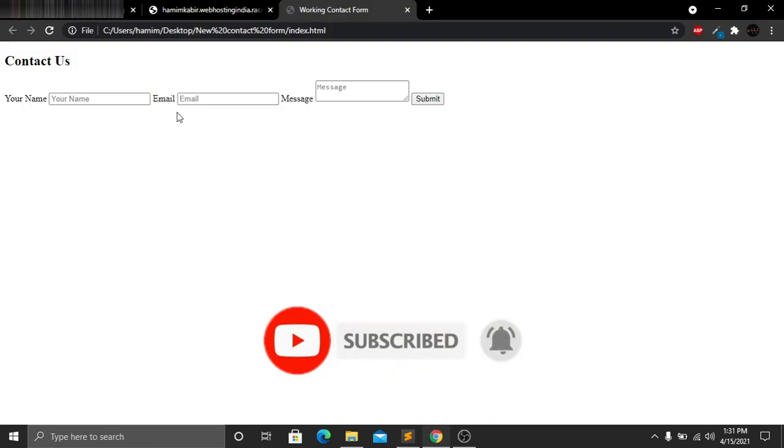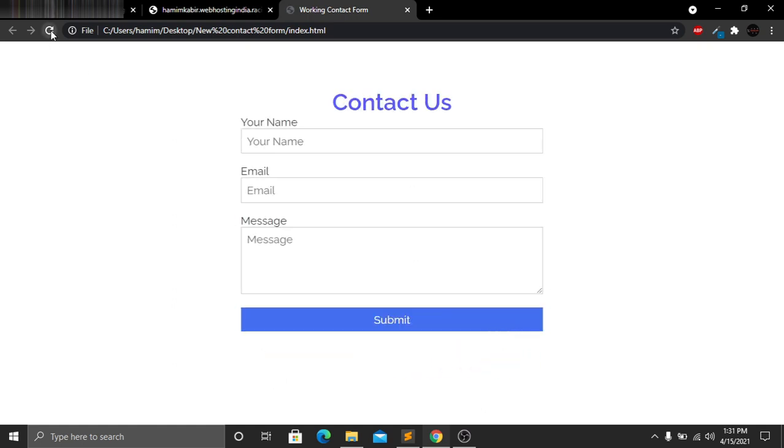And if we go to our website and now refresh, so guys, here you can see that we have our contact us heading, we have designed our label, our input section, our placeholder, and the email message here, and then we have given a height also for this message, and then we have a submit button, and we have added a hover effect here also. So our designing of this contact us page is actually done. We have done with our HTML and our CSS part.